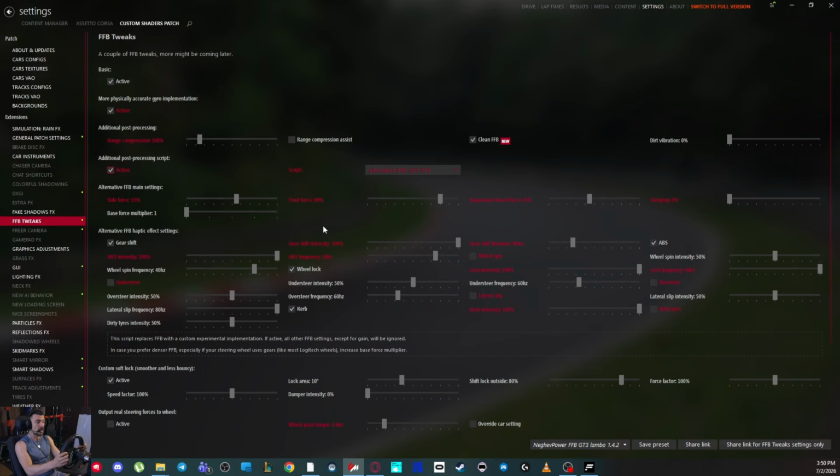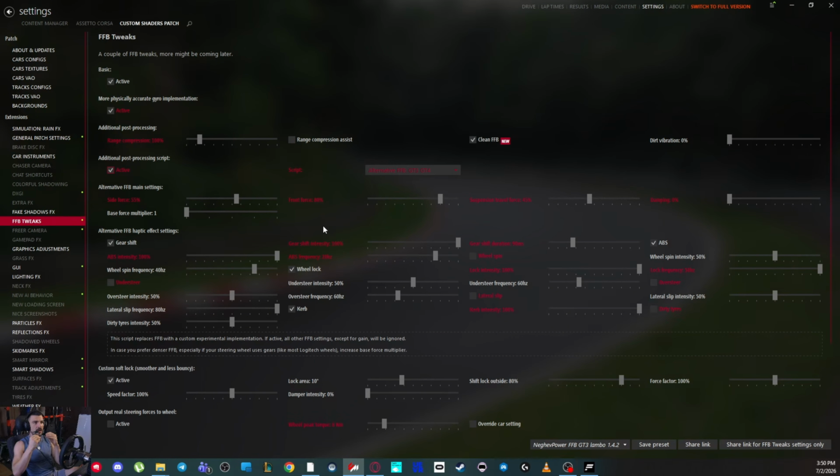So let's say you are on the brakes and you want to go into a corner. While on the brakes and you're trying to steer into the corner, the force feedback will get heavier because the front tires are loaded under braking. As soon as you start to release the brake, you can feel the force feedback getting lighter, and it allows you to steer into the corner. So front force